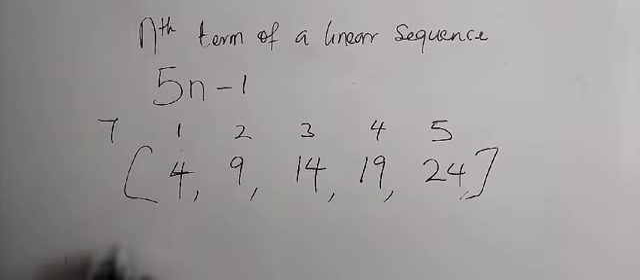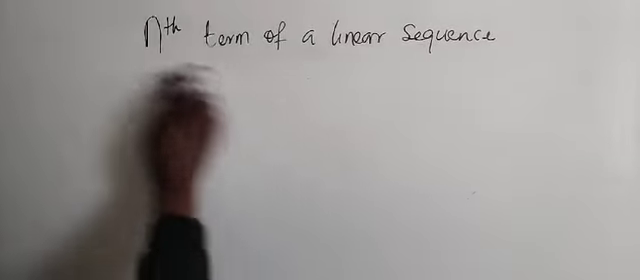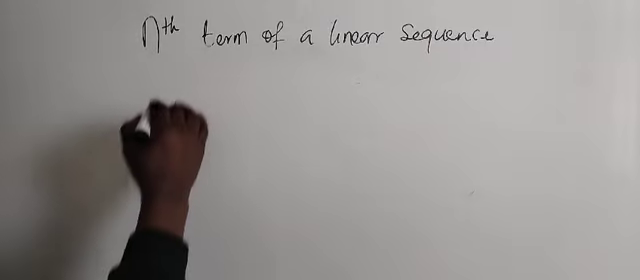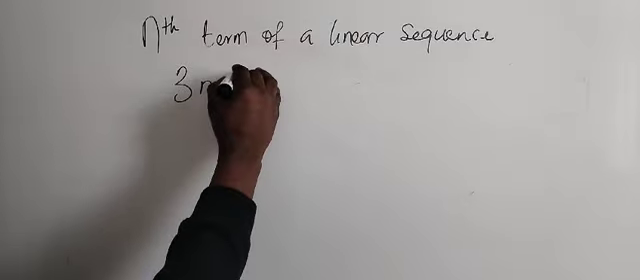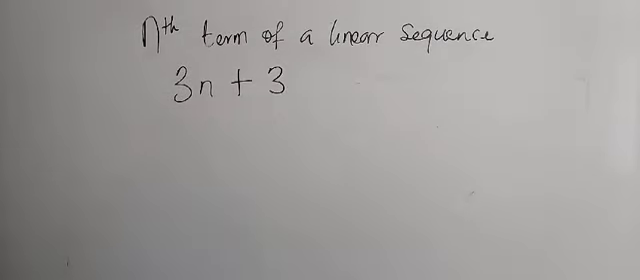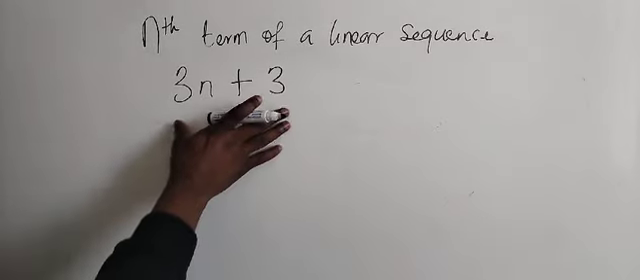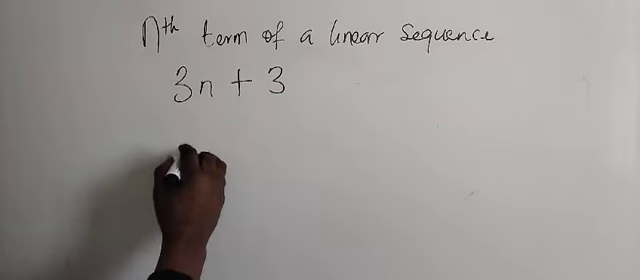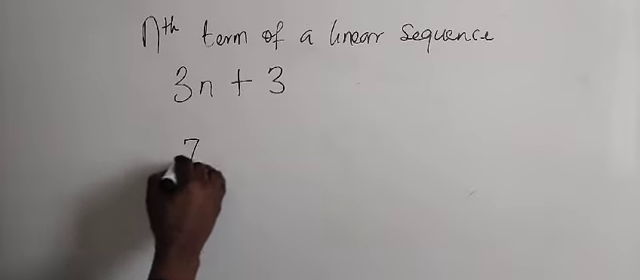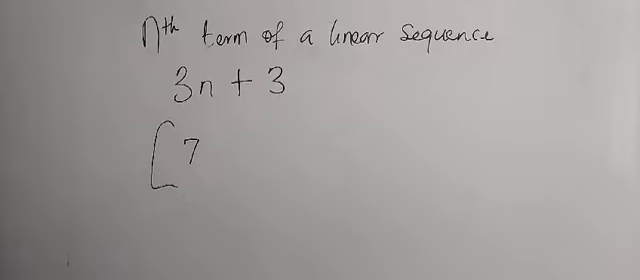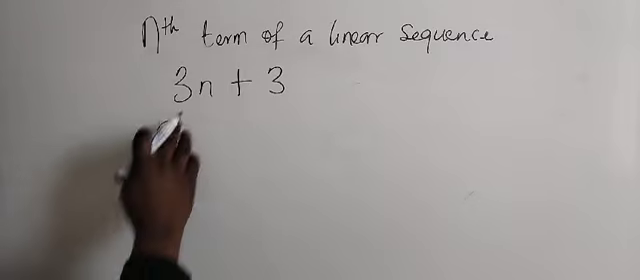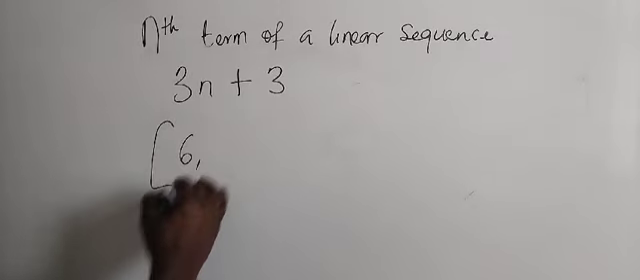Let's take a look at another example of a given nth term for us to generate a sequence. Now we are given another nth term, 3n plus 3. I want to use this nth term to generate the first 5 terms. When n is 1, our first term will be 3 times 1, which is 3, plus 3 will give us 6. And when our n